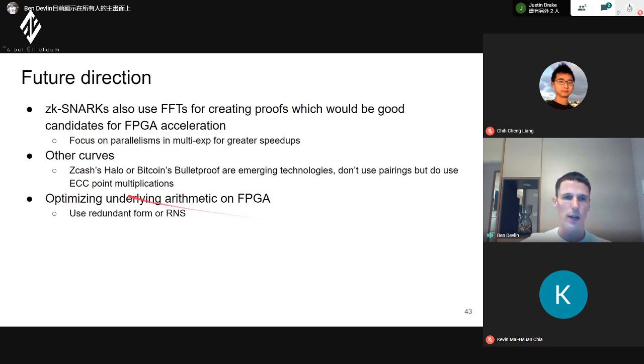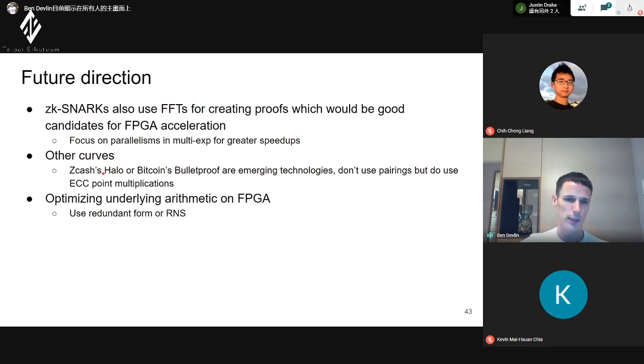And just finally, future direction, zk-SNARKs. They also use FFTs for creating proofs, which would be a good candidate for FPGA acceleration. Although in our use case, we just did pairings and multi-exponentiations for greater speedups. Other curves: blockchain technology is advancing really fast.